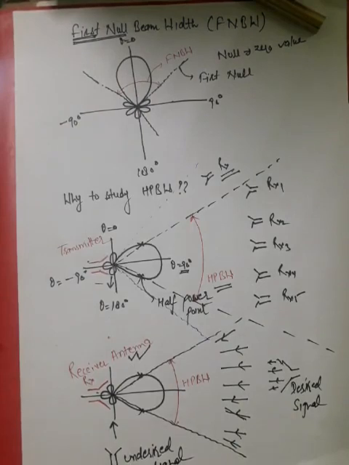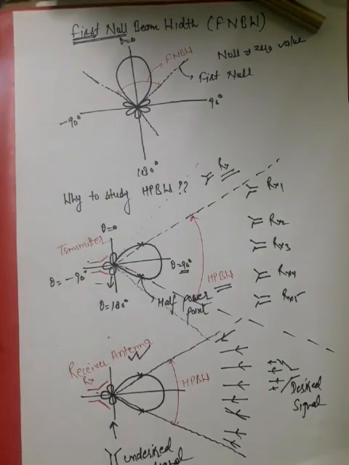Now you will be just thinking about, I have told a lot of conceptual thing about this half power beamwidth, what is half power beamwidth, what is Fresnel beamwidth, and how it is useful in our antenna theory. But you will be thinking that how I can evaluate these values. What will be the value of half power beamwidth in degree? It will be 10 degree, 20 degree, 30 degree, 90 degree. What will be the value of Fresnel beamwidth? It will be 50 degree, 60 degree. So what must be the exact value of these half power beamwidth and the Fresnel beamwidth?